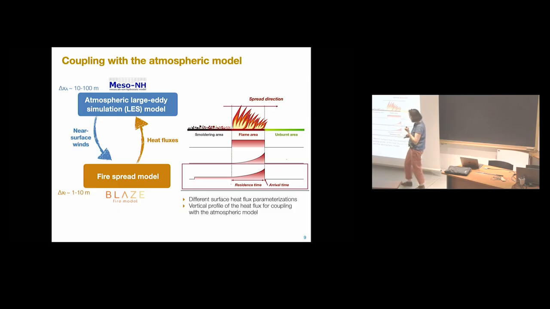But there is one important aspect when we are in the context of a coupled fire atmosphere model, which is the vertical profile of the heat flux. You cannot inject the heat flux only as a surface heat flux, because it's too strong a signal for the atmospheric model, so we need to have some smoothing over the vertical. This is something that is for now set up in an arbitrary way, I would say, and so observation could also be useful to calibrate this heat flux parameterization parameter.